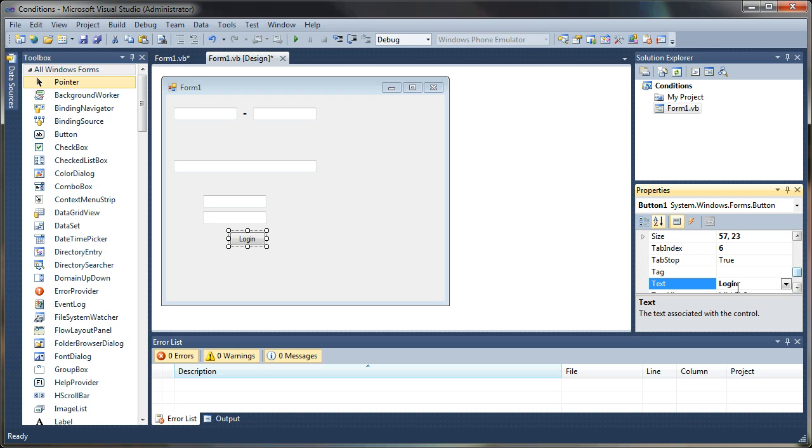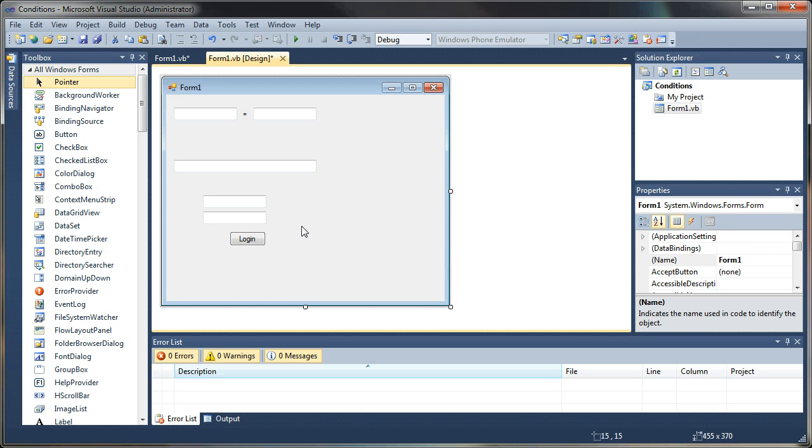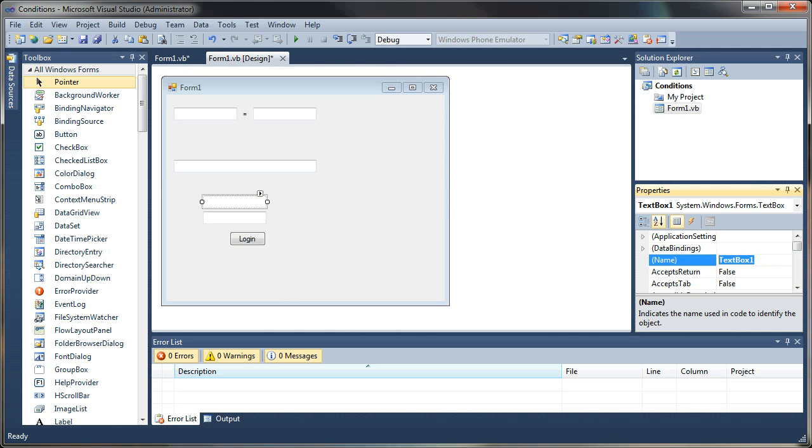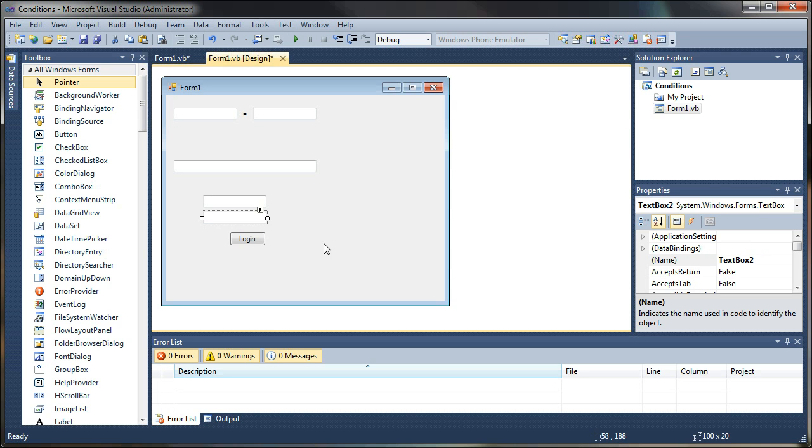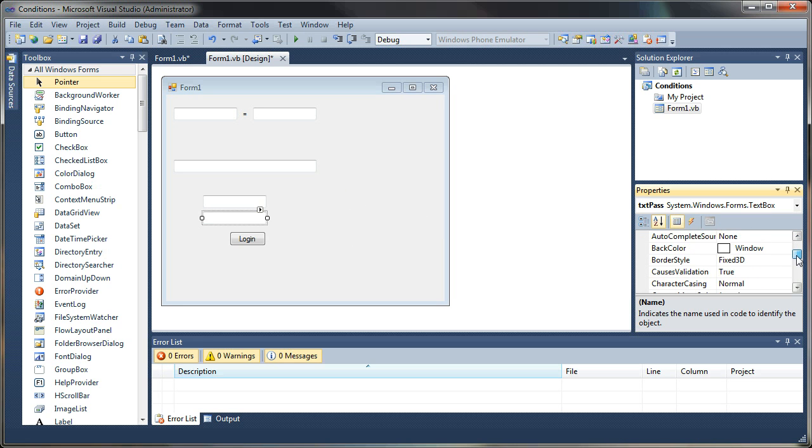Okay. Change the text on that button. Change the name of it to CMD login. And I'm going to change the name of the text box to txt user. Set this text box to txt pass. I'm going to show you a neat little feature of these text boxes,